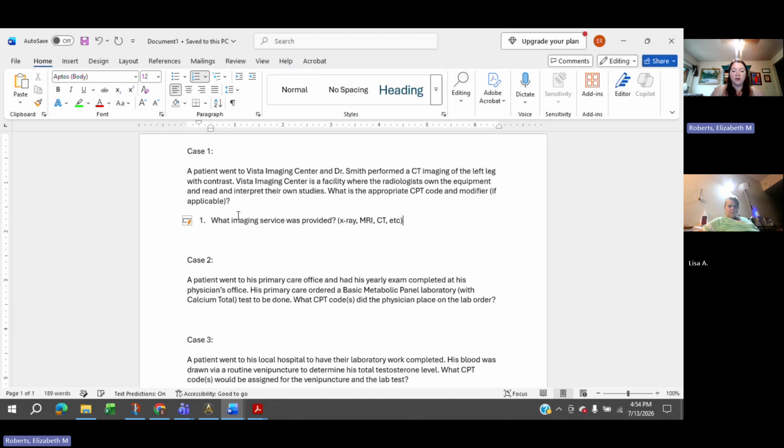Right? Like what kind of procedure was it? And that's going to be what you look up in the index. Computed tomography or X-ray. A funny thing about X-ray is you will find the term X-ray in the index, but you will not find the term X-ray in the actual main section of codes. They call it a radiologic examination,